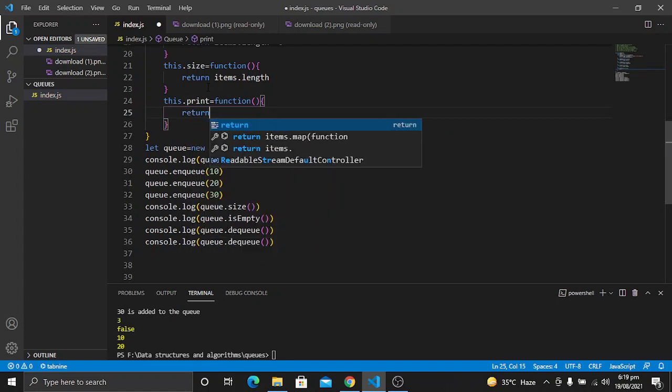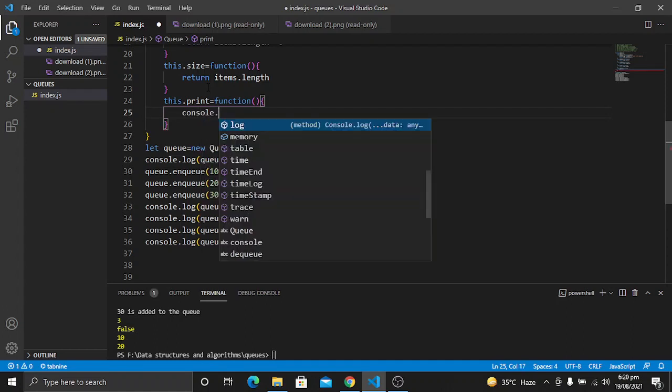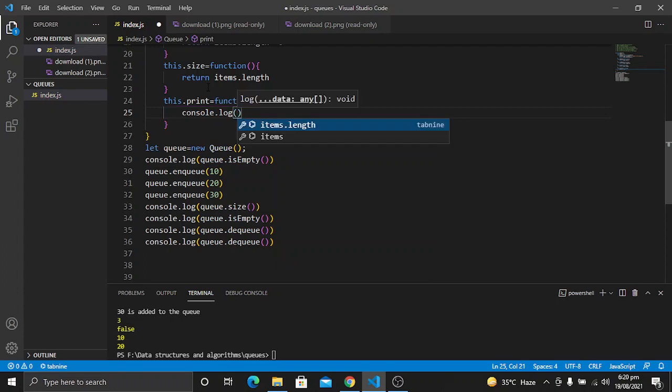What I want from this function is to console log all of the elements, because we want to see them in the terminal. So instead of returning, I'll just console log it. So let's console dot log. I will not use template literals, because we want to print all of the elements.